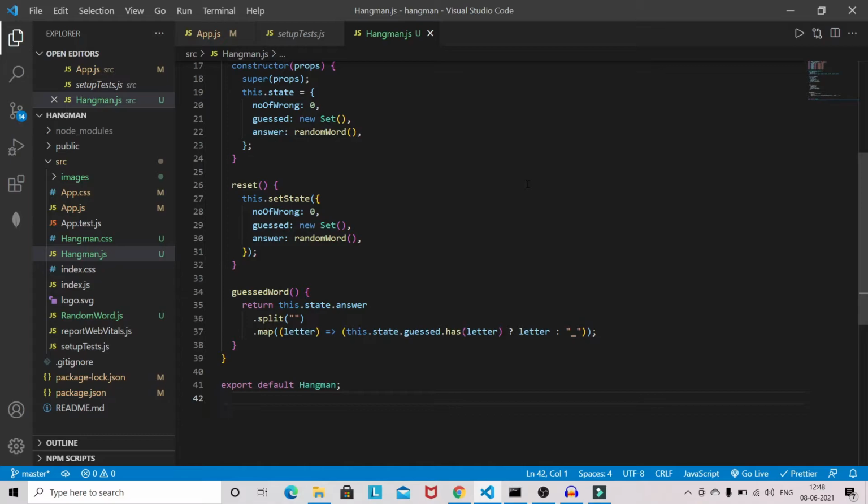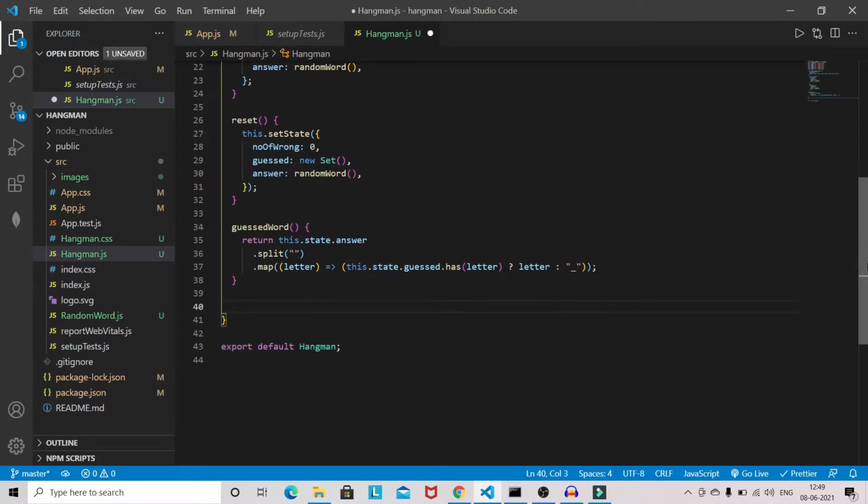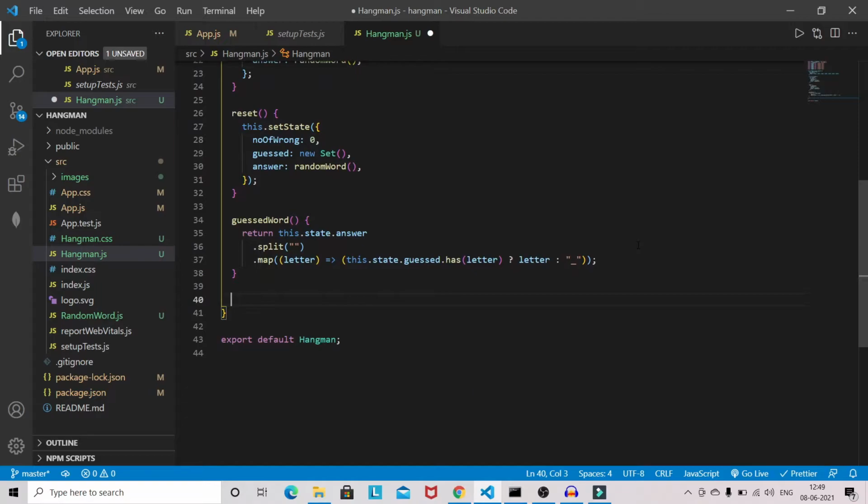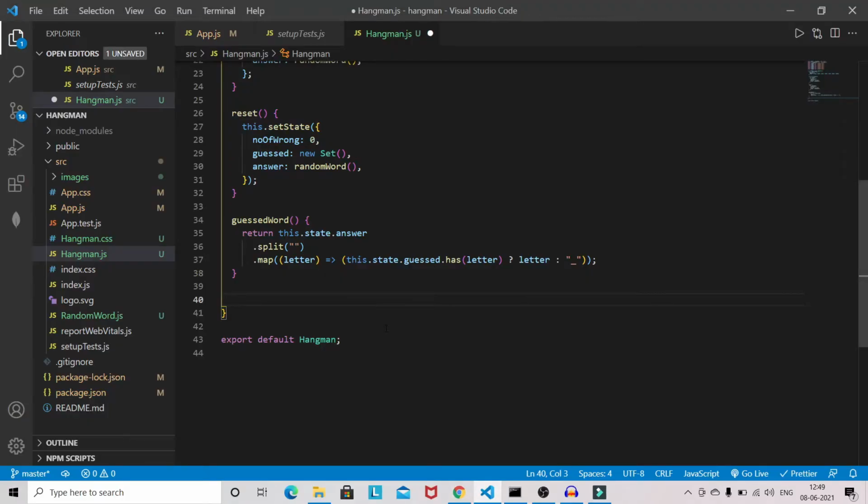Now we will have to write one method to generate all the keypad. As of now it's gone because we have removed all the content.